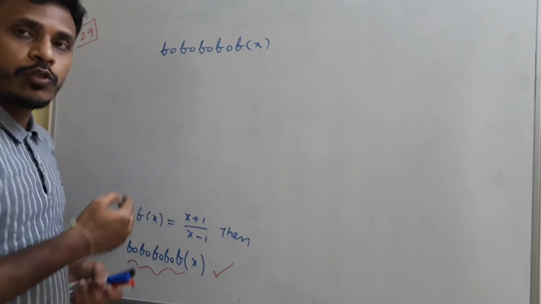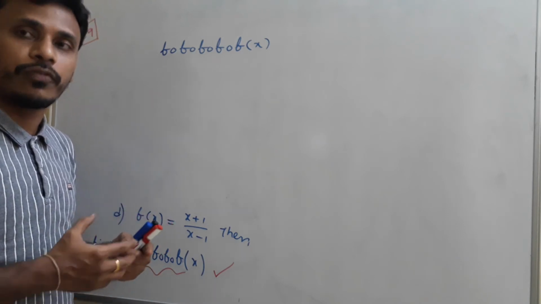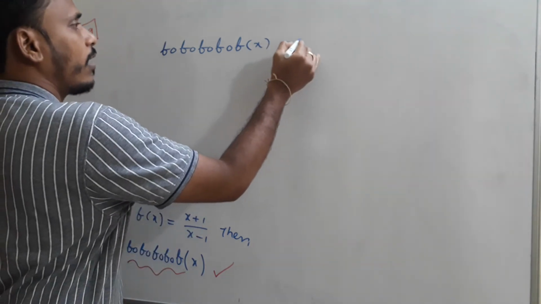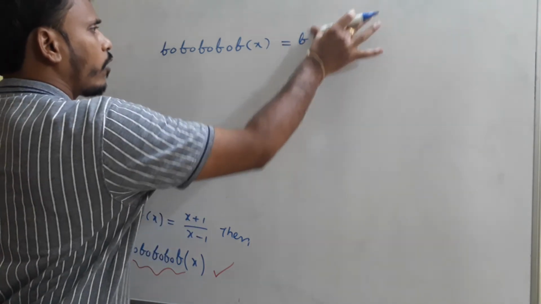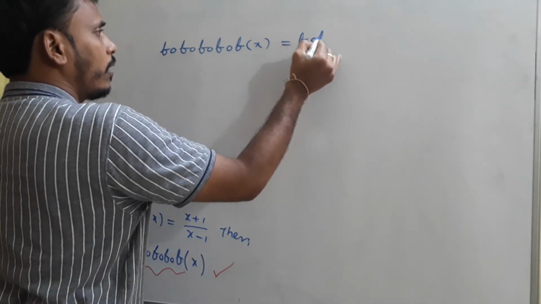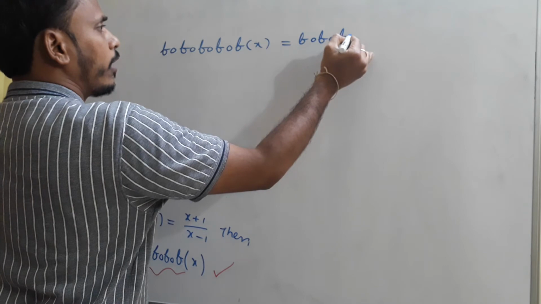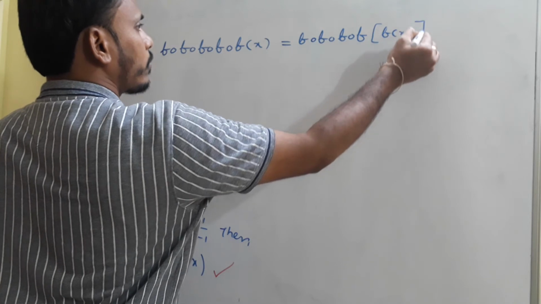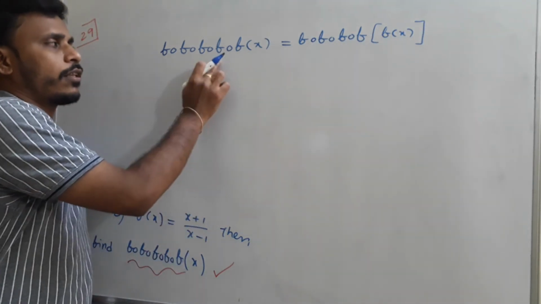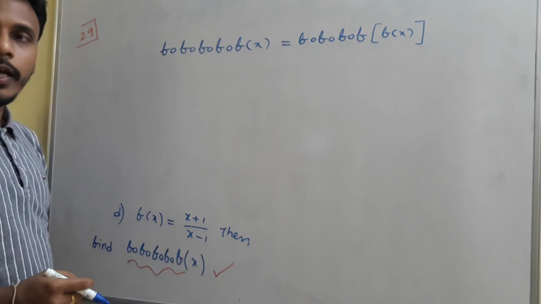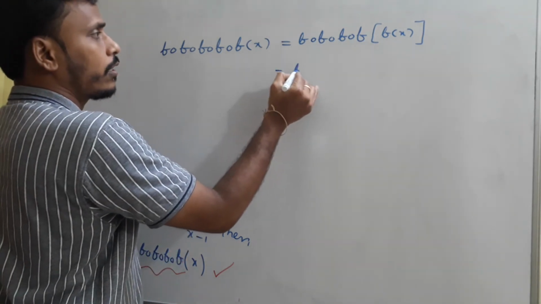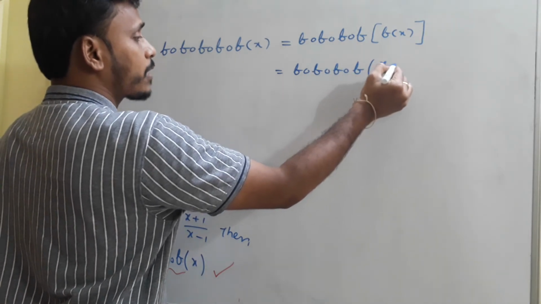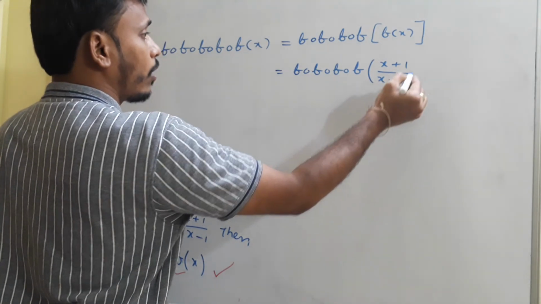Okay. The next point, actually in the 30th problem I am going to deal with the composition of three functions, but the logic is same, so I can go with the same logic. F circle f of x, in the sense f of, first of all you just simplify one by one. Okay. F circle f of x, this last one. F circle f of x is something like f of f of x, right? What is f of x? X plus 1 by x minus 1. So that is equals to f circle f of x plus 1 by x minus 1. Okay, you just pay your attention.